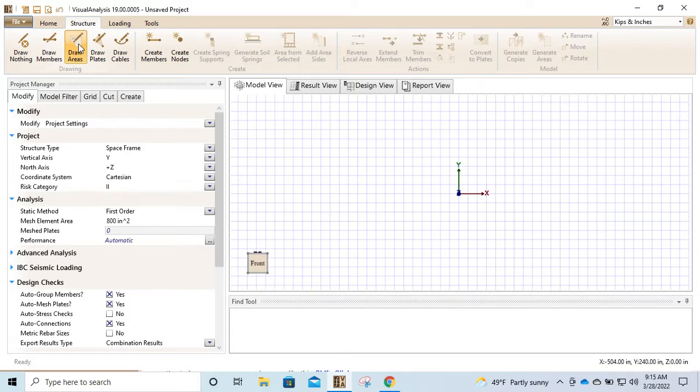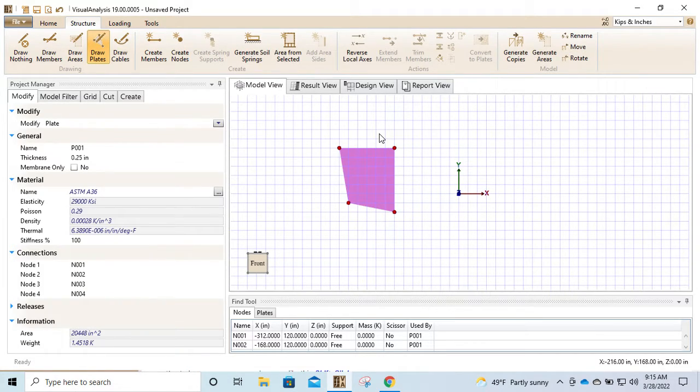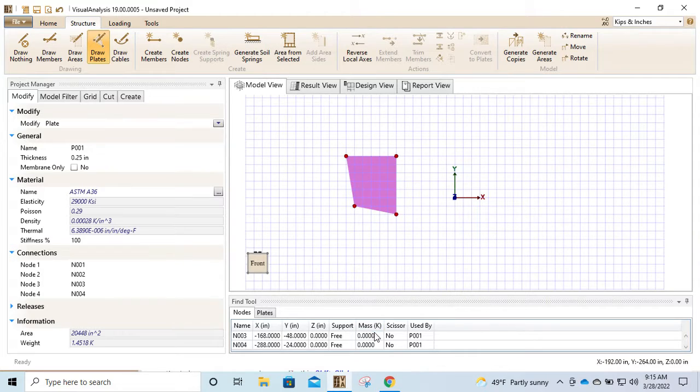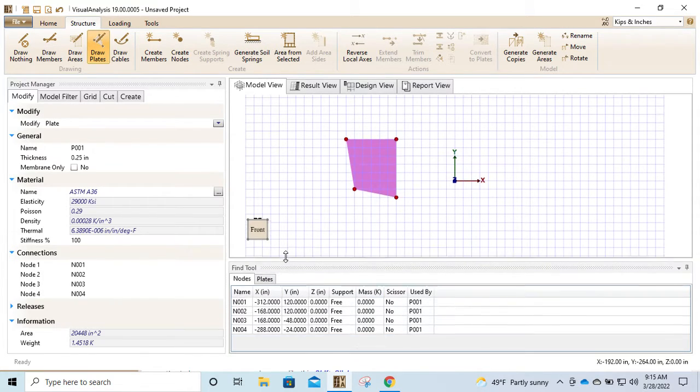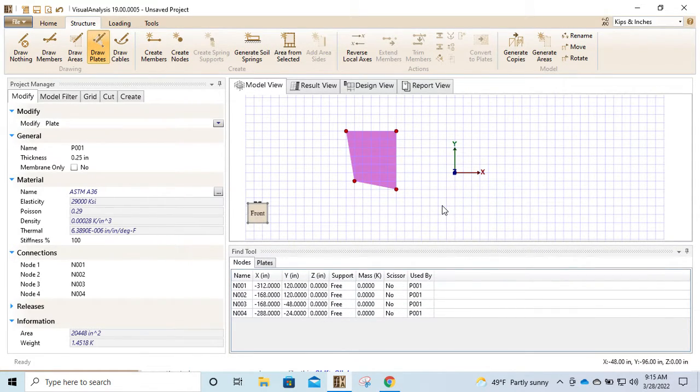We can draw plates. As I mentioned, you can draw plates with 3 nodes or 4 nodes. And if I drew a plate in VA, it has 4 nodes in it. VA is creating a node at the center, automatically creates a node at the center and creates 4 almond triangles. Is there any value to knowing that about that center node? Only in the results, because when you go to the results of this plate,